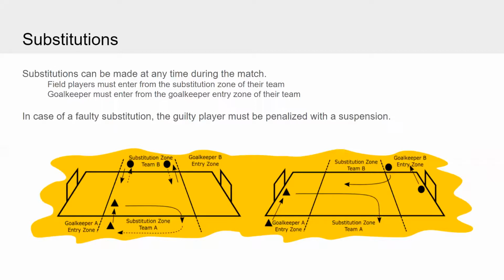and in any location. If we look at Team B's substitution strategy right now, they actually have a couple of players waiting here on their offense and a couple of players waiting on their defense. When they are in defense, they have this player in. Once the ball gets scored, they sub this player out and somebody in attack goes in. You don't have to sub in the same location where you're subbing out, which gives a huge strategic advantage